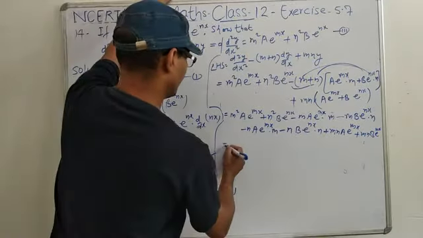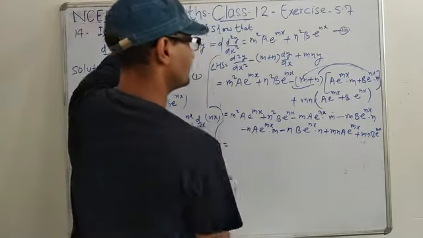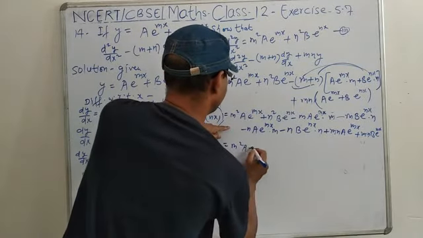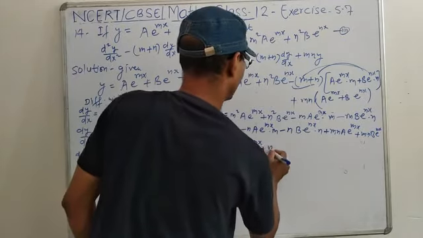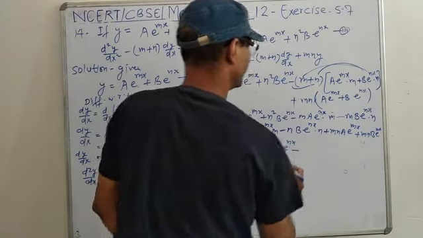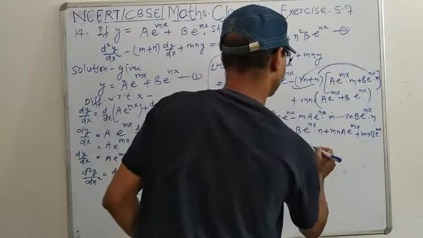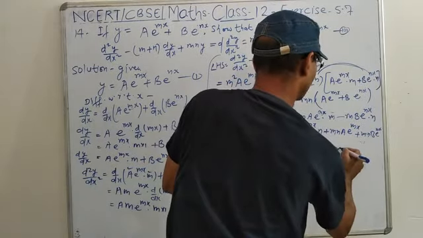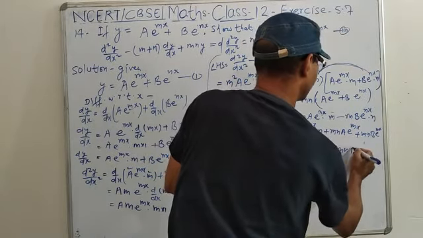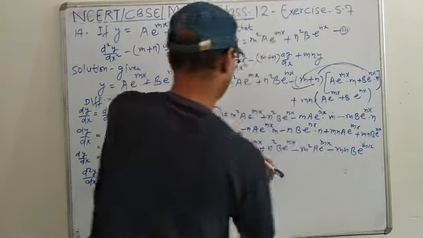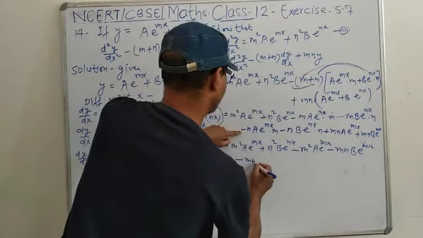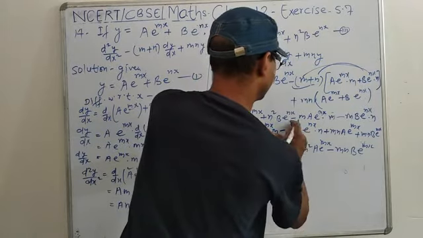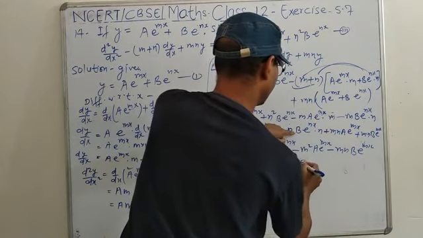So now this m square a e power mx plus n square b e power nx minus m into m, again m square a e to the power mx, minus m into n mn b e to the power mx, minus m into n mn a e to the power mx, minus n into n square b e to the power nx